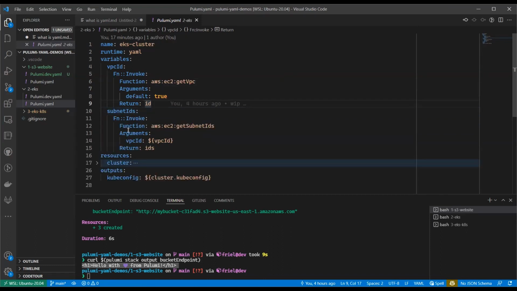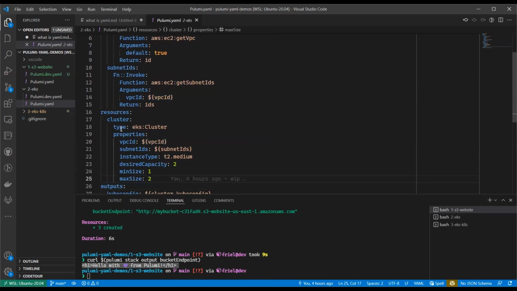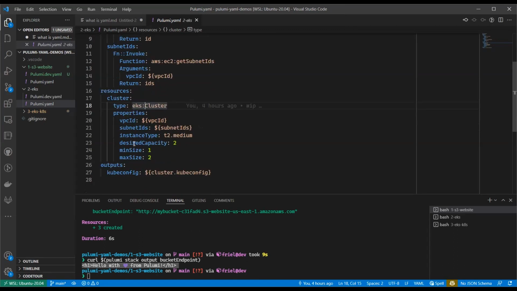Similar thing with the subnet IDs, we're going to be invoking the ec2 get subnet IDs function, and we're going to be passing it the VPC ID that we previously acquired. And then I think this is the really magical part here, is this entire cluster declaration is only 9 lines of code using our EKS provider, specifying eks:Cluster, specifying the VPC and subnet IDs that we declared earlier, and declaring a fairly small size cluster for our use case here with just 2 instances, t2.medium.